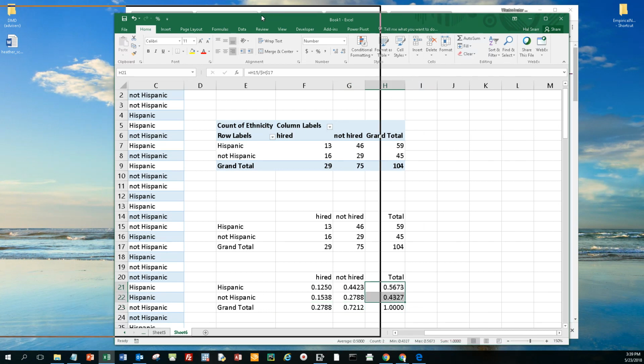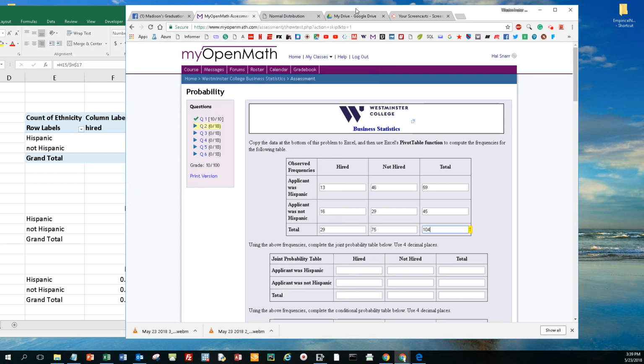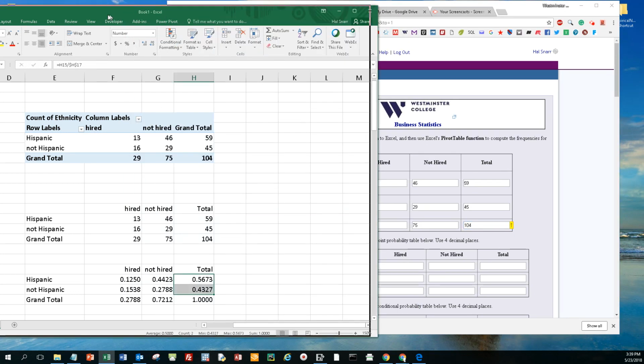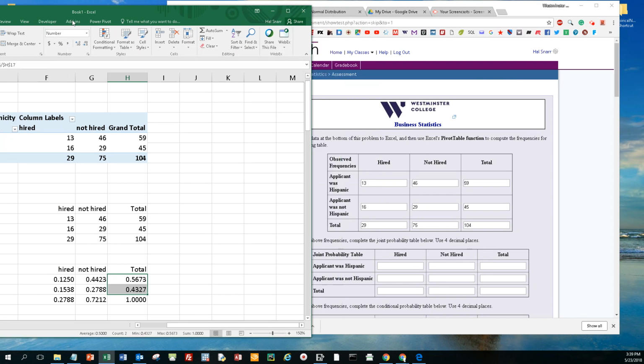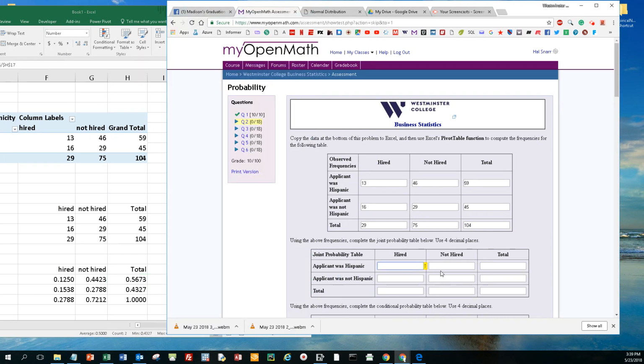Okay, now I'm going to go back to my Alpha Math and copy these numbers in. So let me get this in here. Okay. So the probability of hired and Hispanic is 0.1250. The probability of Hispanic and not hired is 0.4423. The probability that the applicant was Hispanic is 0.5673. The probability of hired and not Hispanic is 0.1538. The probability of not hired and not Hispanic is